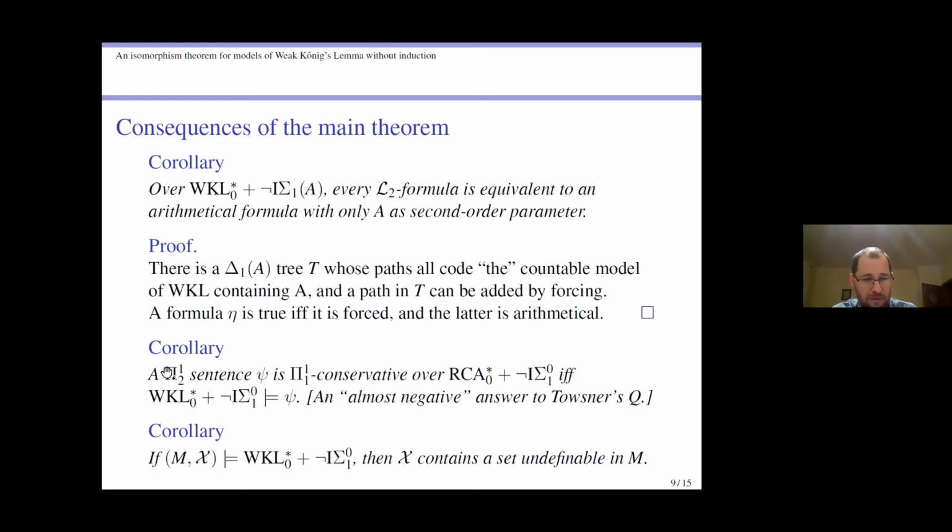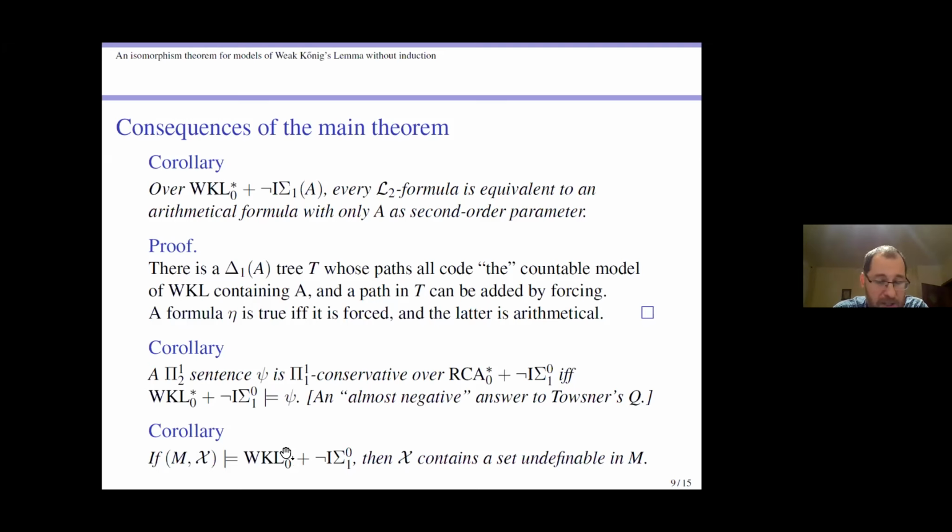So this doesn't work. It's actually false for Σ¹₂ sentences in general. Not weak Kőnig's lemma as an example that would violate this criterion. So this is a criterion of conservativity over collection and not induction. There's another corollary that says that the low basis theorem fails very, very badly over these models of collection, not induction,